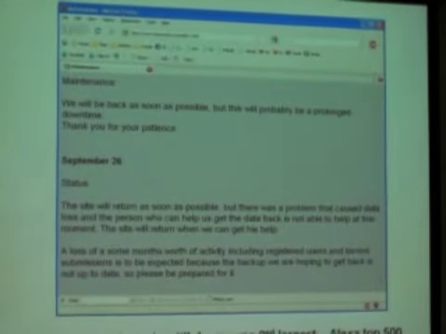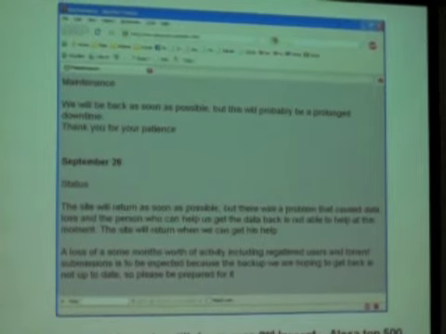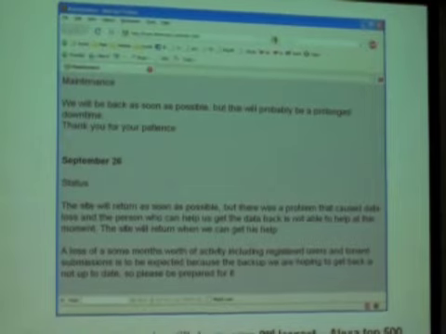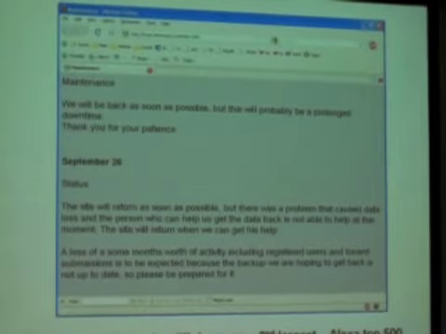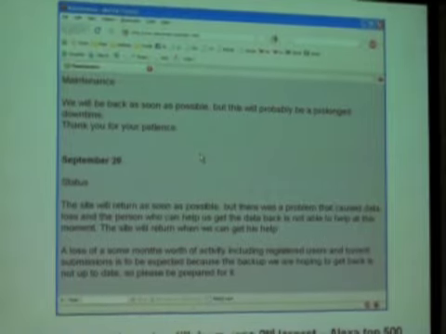Here's another one. This was the second largest site of its type. It was a BitTorrent streaming site. It was in the Alexa Top 500. It had a lot of traffic. And then it died. And they had to put up this page that says,